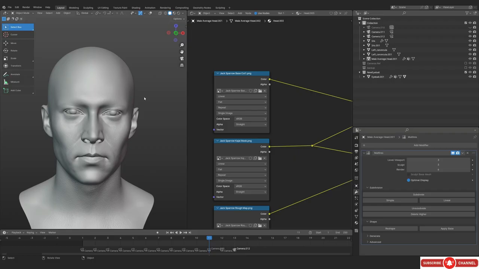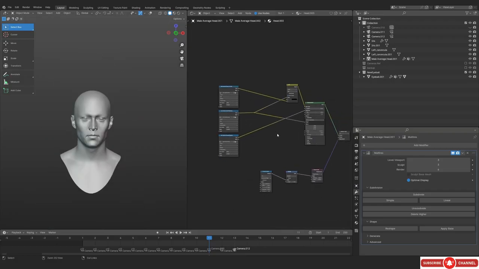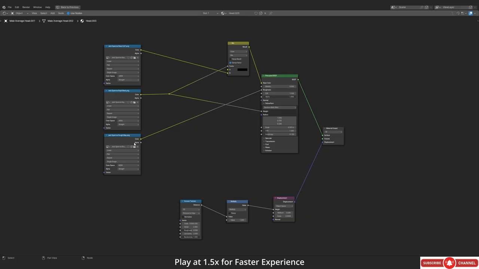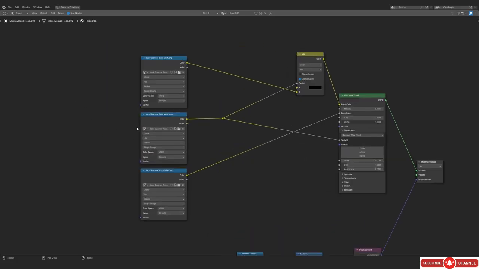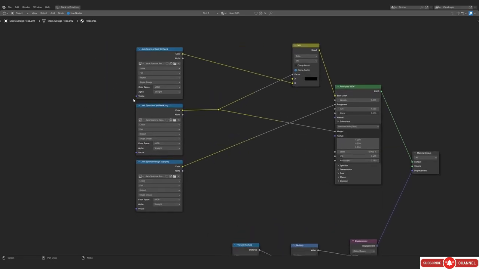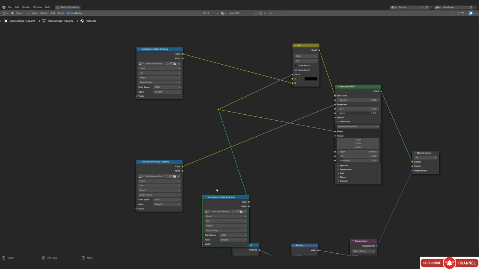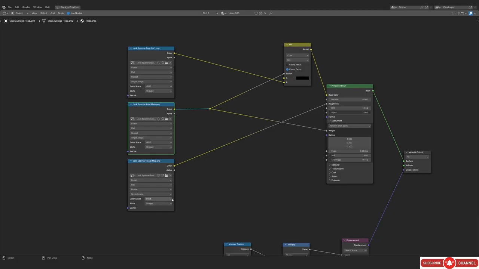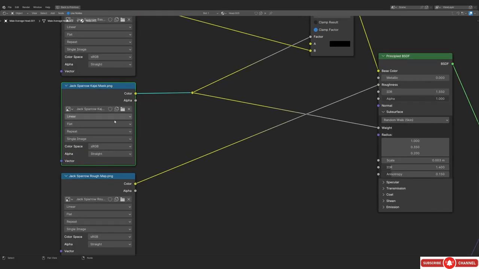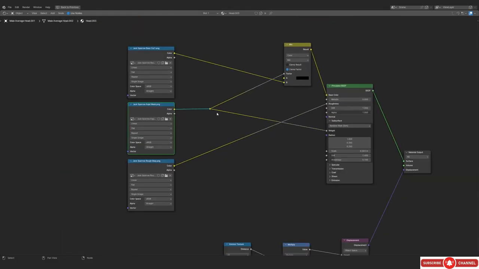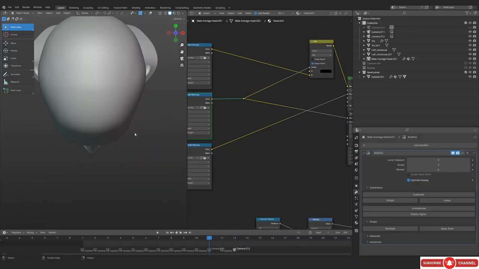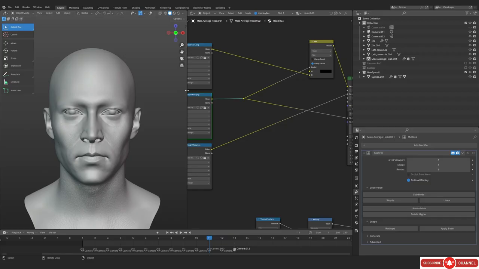Alright, so this is actually going to be one of the most important maps. Obviously not as important as base color, but still. So we are going to be painting the micro displacement strength map, right? And this map, first thing first, as you can see I've basically baked everything, and instead of color attribute, I am actually using an image texture. So yeah, that's what it is, and I can literally decimate the mesh right now,